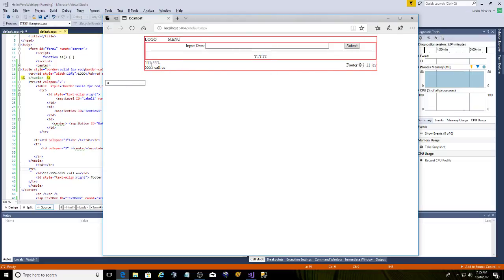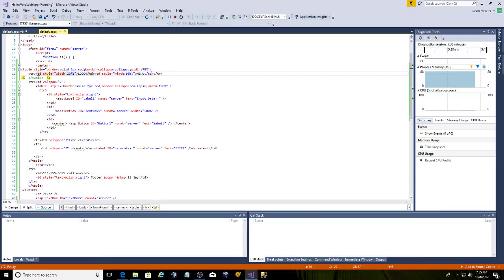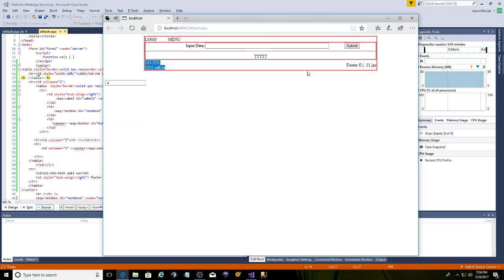Now here's another good point. See how call us has now doubled, because when we set the first width over here to 10%, we set that 10% on this row no matter what. And Internet Explorer, actually Microsoft Edge, does the same thing. They will just text wrap and keep going in the text wrap. They'll never adjust that 10%. So this is luckily one of those browsers that doesn't do it. So what I would do in this case now is